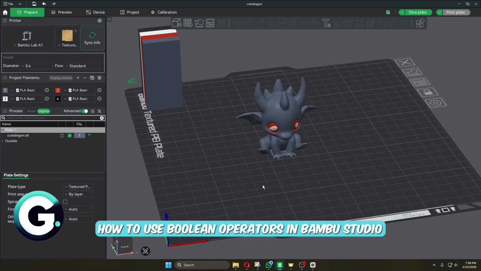How's it going, everyone? In today's video, I'll show you how you can use the Boolean operators in Bambu